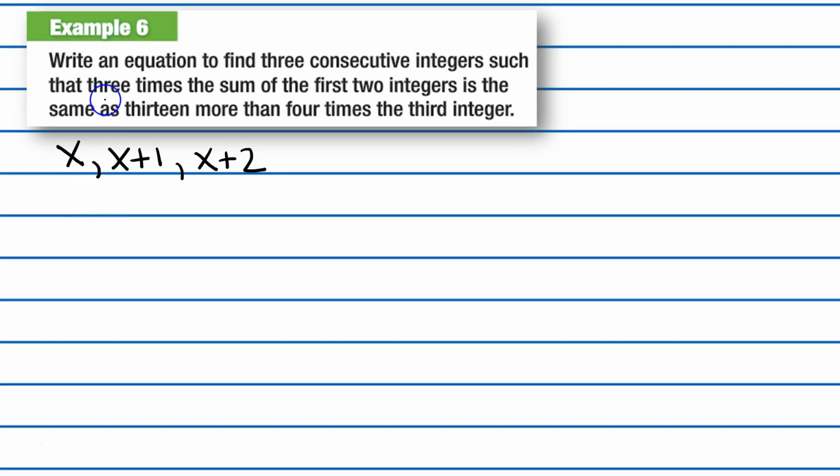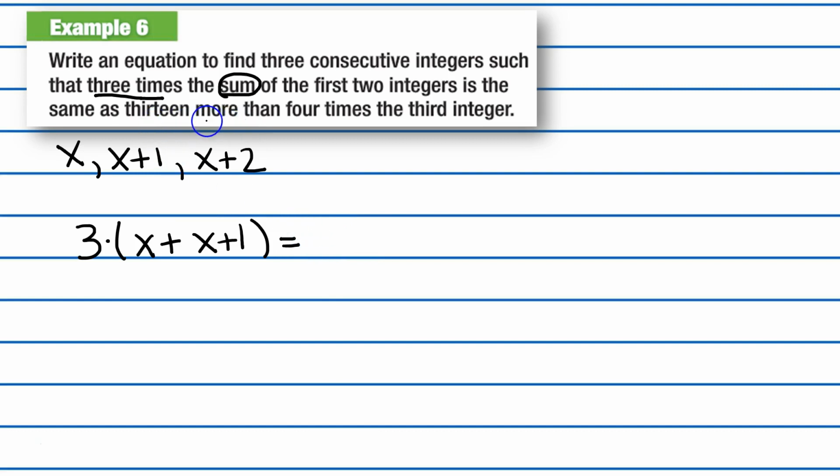But they said that we wanted to have 3 times, so 3 times the sum of the first 2 integers, which is this one and then this one. So x plus 1. These are the first 2 integers. And it's a sum. Remember, sum is add. That is equal, the same as